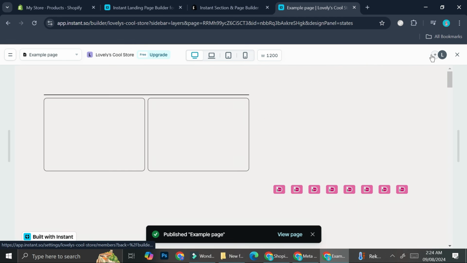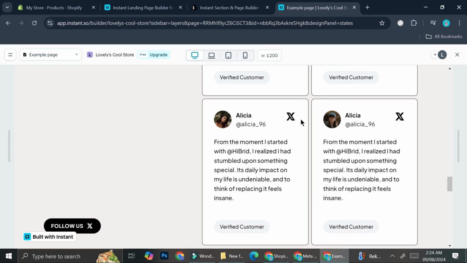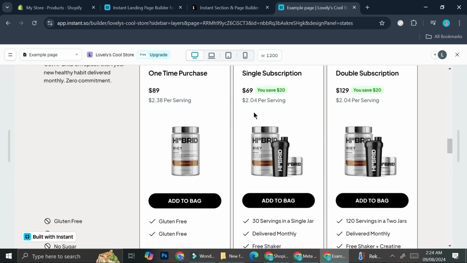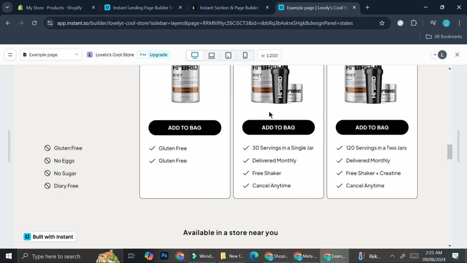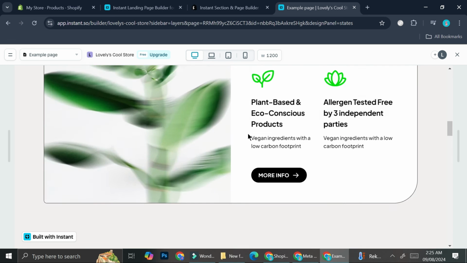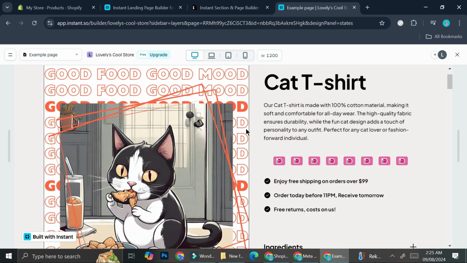Now let's see how it will look. So this is how it looks for now. We got the reviews, we got the product recommendations, and of course you can change this later when you got more products inside of your shop. But this is basically how things look with Instant. And that's basically it. That is how you can customize your product page with